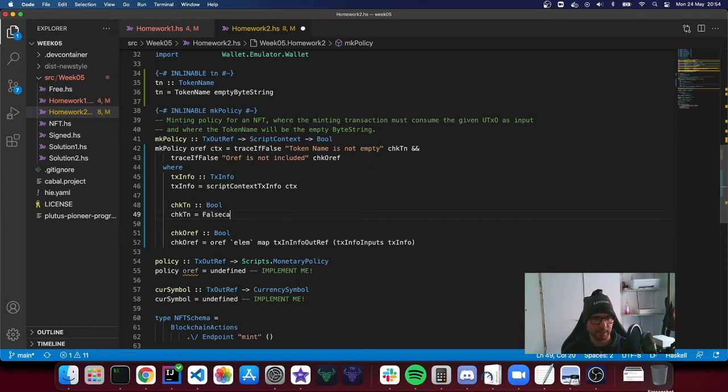And also in this case, I think doing it is going to be easier than actually saying it. So we're going to use a case of, because we're going to do some sort of pattern matching, and there are going to be two situations. The first one is exactly the one where there is only one key, one value, and then we check that the value is exactly a token name with the empty byte string and the value 1. Any other case is going to be false. So case map keys